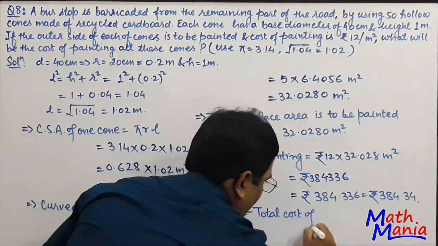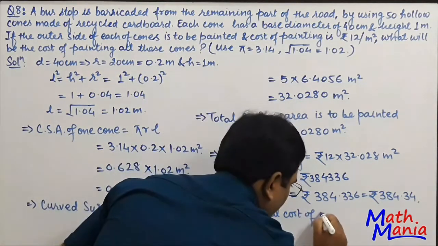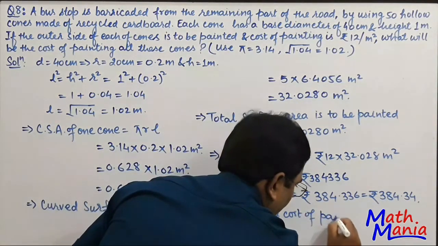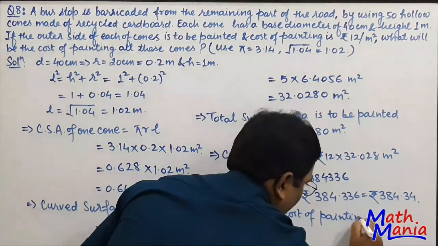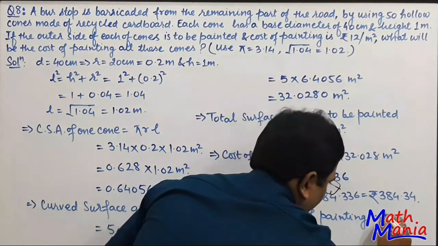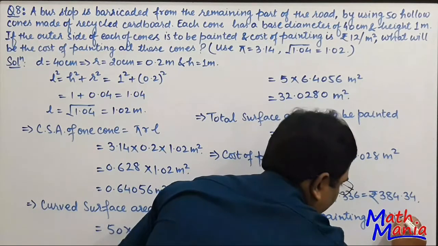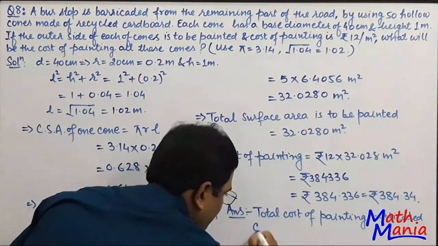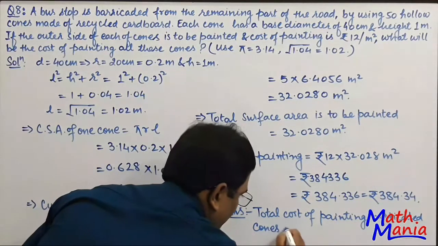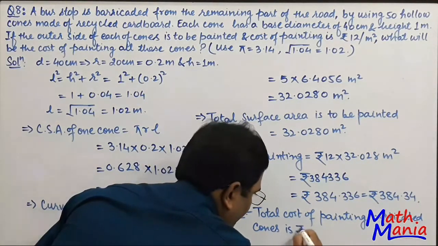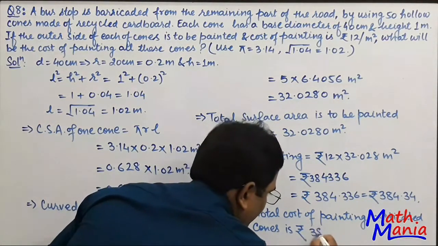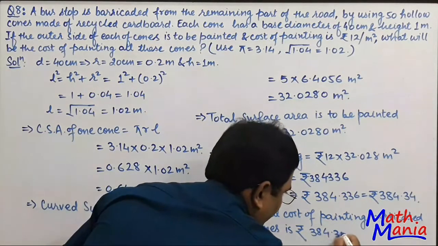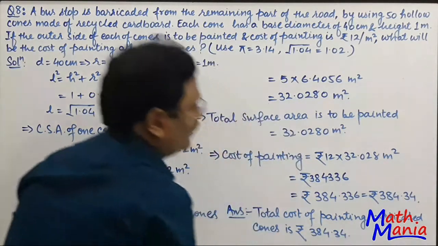cost of painting barricaded cones is rupees 384.34. So friends,